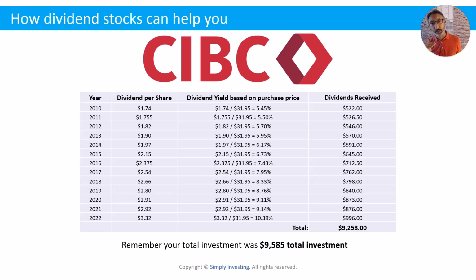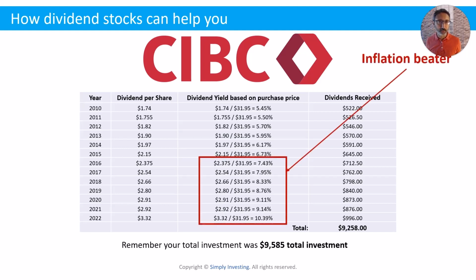And then you don't have to be concerned about if the stock price is going to drop or go up, it doesn't matter. As long as the dividend comes in, your return on your investment while you hold on to the shares is now in the double digits. And it is beating inflation. So we highlight that right here. These are your numbers on the screen that are beating inflation, where in this example, the yield is going to be over 7% starting in 2016, and then every single year the dividend yield goes up.